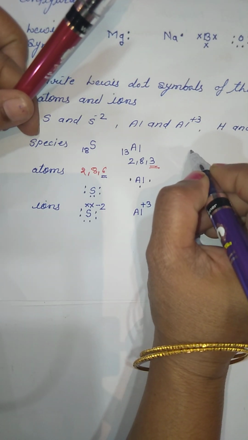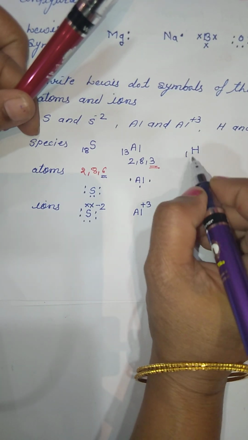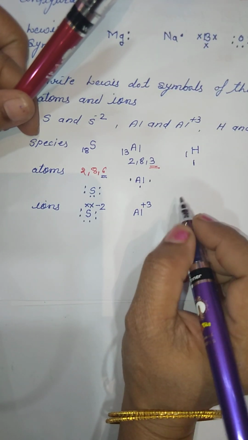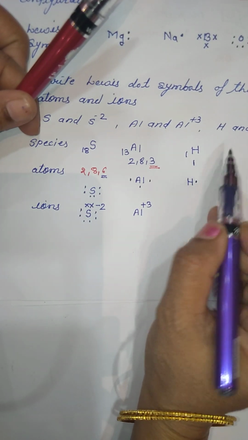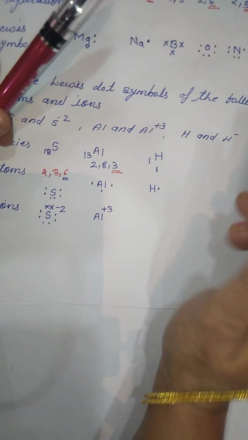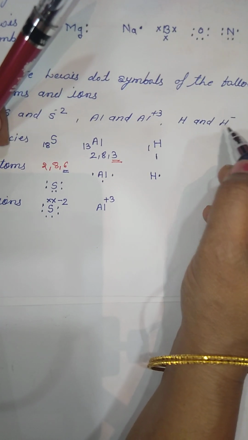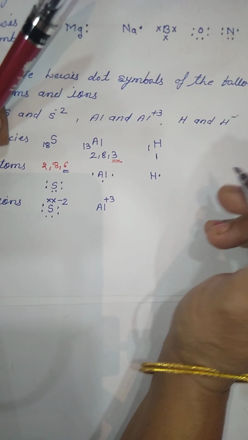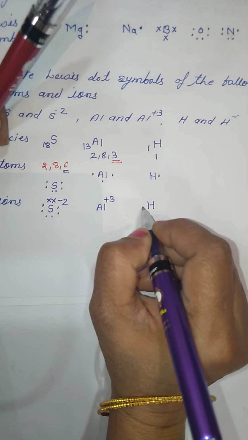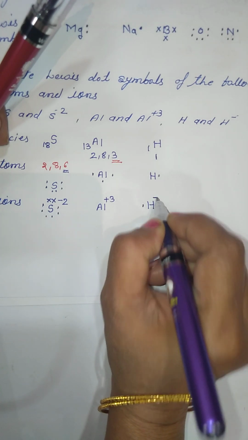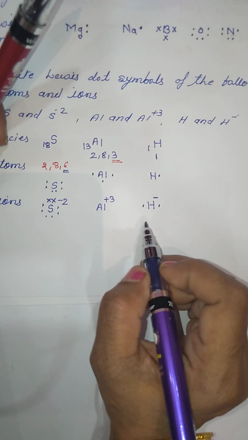Here the third one is hydrogen. Now in case of hydrogen, how many electrons are there? Atomic number is 1, so the electronic configuration is 1. That's why for hydrogen we will show only 1 electron. But now what is it getting converted into? What is its ion? H minus ion. What do we call the H minus ion? Hydride ion. So here the hydride ion is formed by accepting an electron. So 1 more electron will be accepted. So here we will write 2 electrons and with that we will write the minus charge. By accepting one electron, the negative charge is obtained. So this is about the ions.